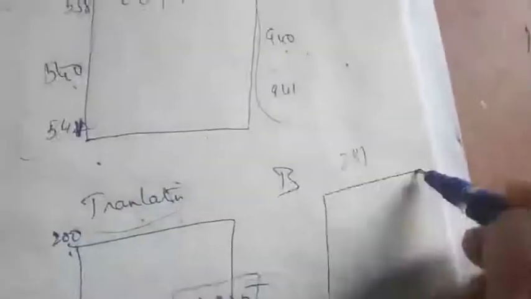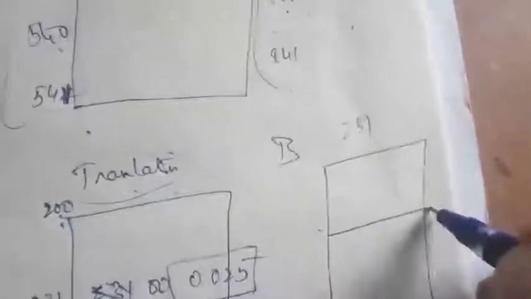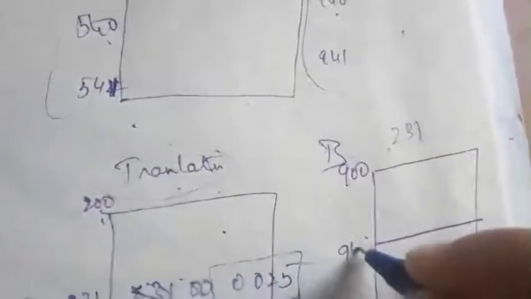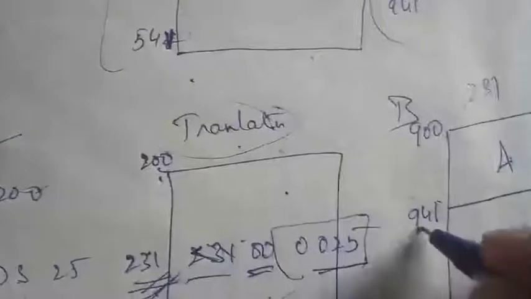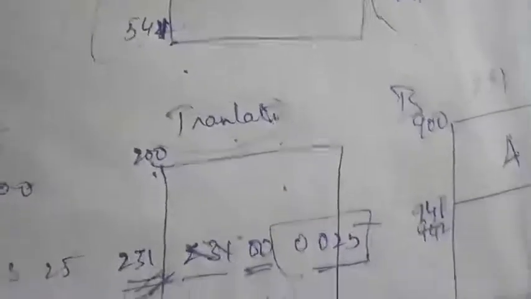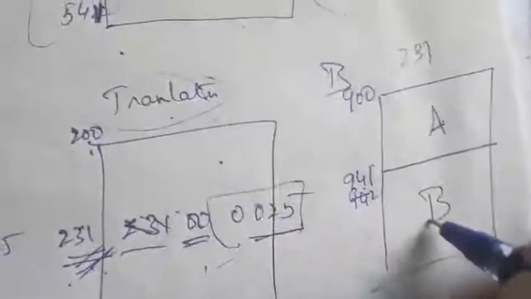Where I am loading, normally every loading will be done after the first. This is the main program, this is the second program, this is the A program, and we will consider this a B program. From 900 to 941 we load the A program. Then the next location will be 942, or we will consider 941 to be where we are loading the B.